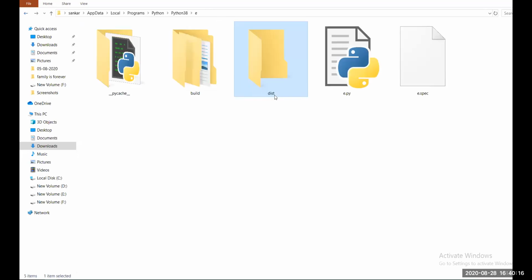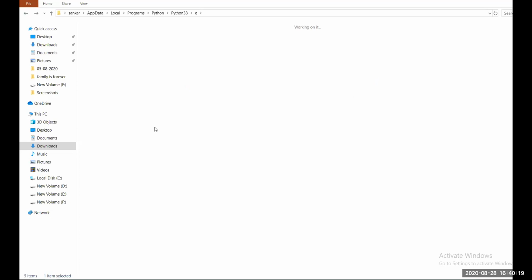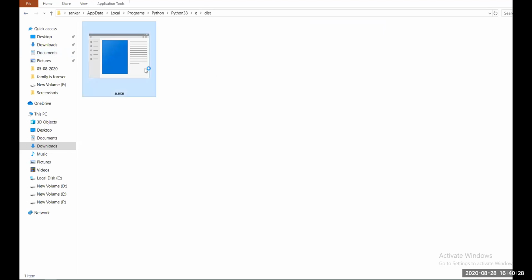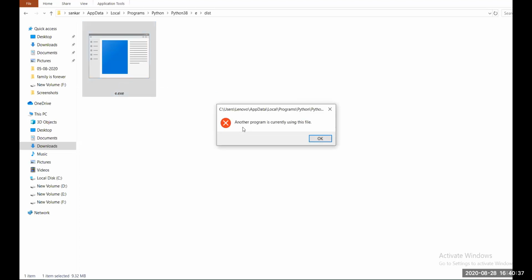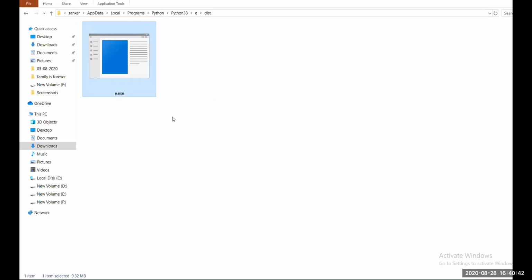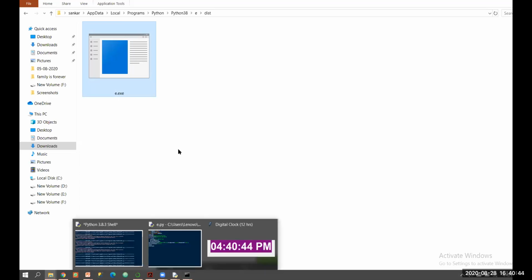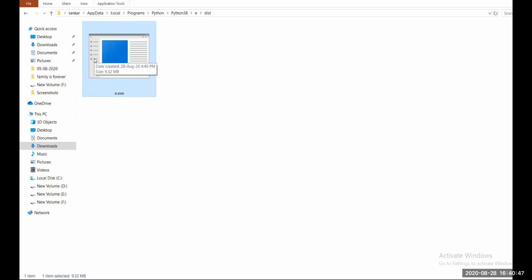In the dist folder you get the .exe file, and you can click this and get your direct result. I'm going to click this. I have restricted some permissions, so it shows an error: another program is currently using this file. That's why it gives this. Try it in your system and it will work 100%.